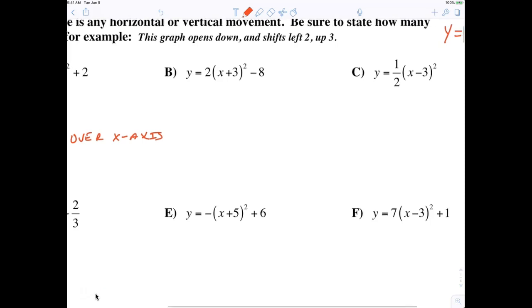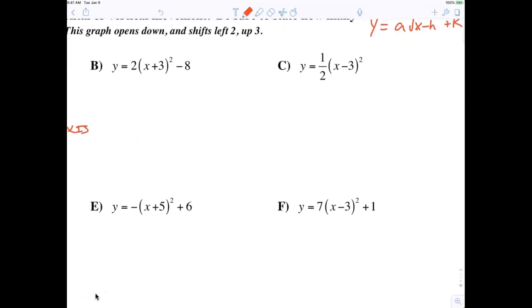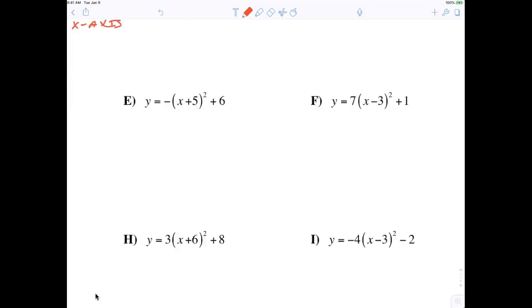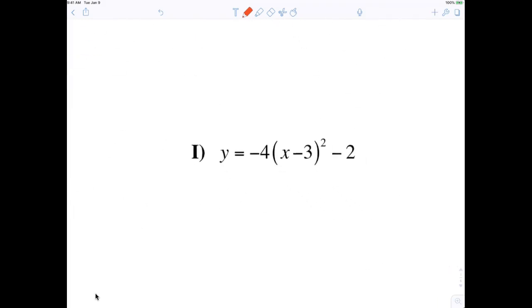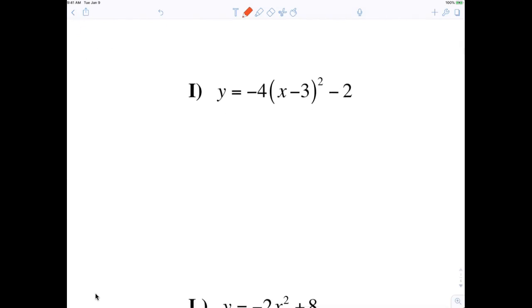All right, so C, let's talk about that. Vertical shrink this time of what? 1/2 shifted. That's how simple. All right, last one before we go on. Let's take a look at letter I. So we say for I, it is a,